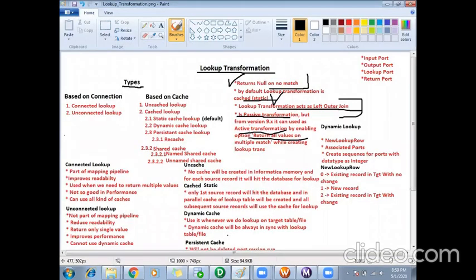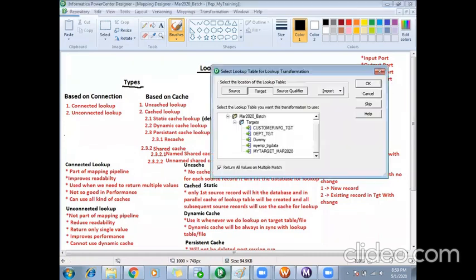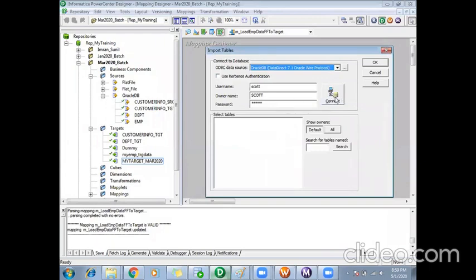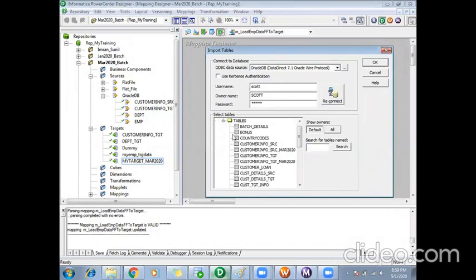That's why we say it is actually a passive transformation, but from version 9.x onwards, it can be used as an active transformation by enabling the option return all values on multiple match while creating the lookup. So if I select this option and create a lookup now, then if there are any multiple matches, it will return all those records.